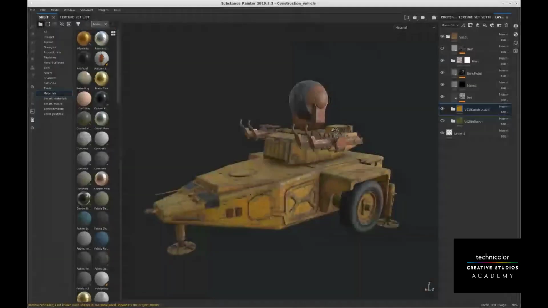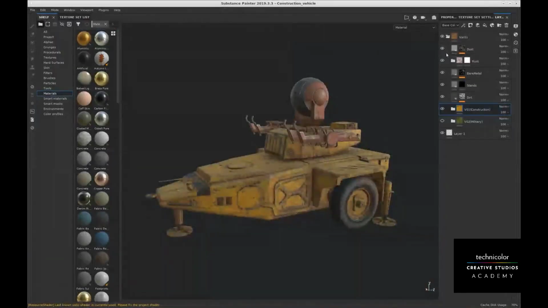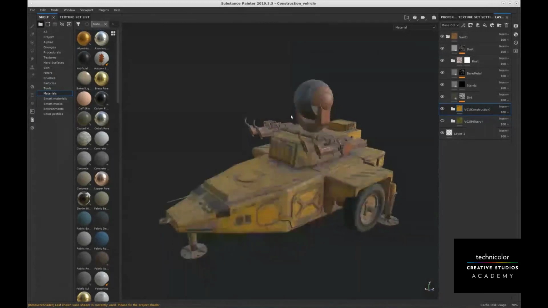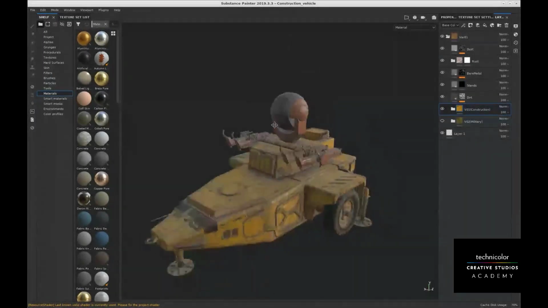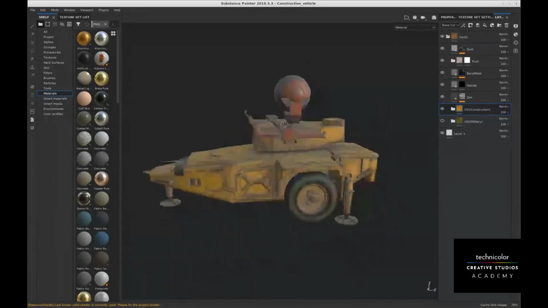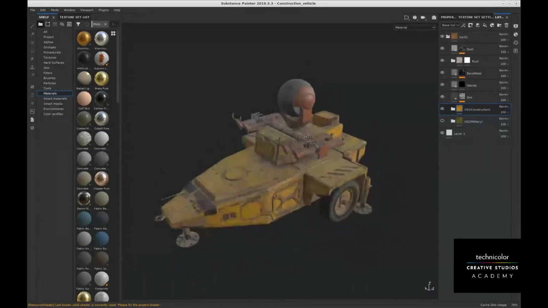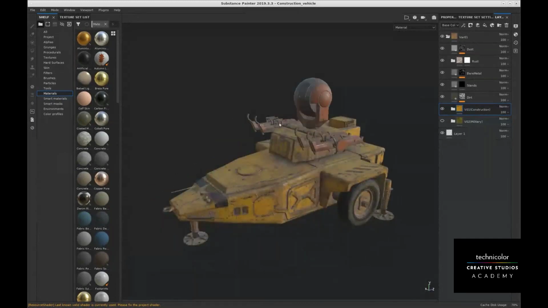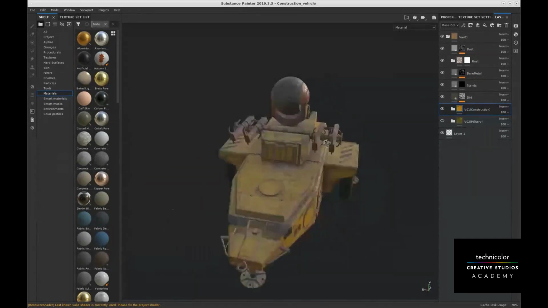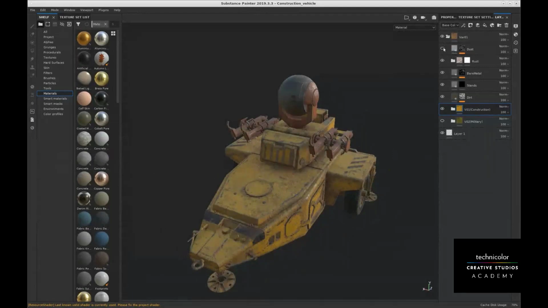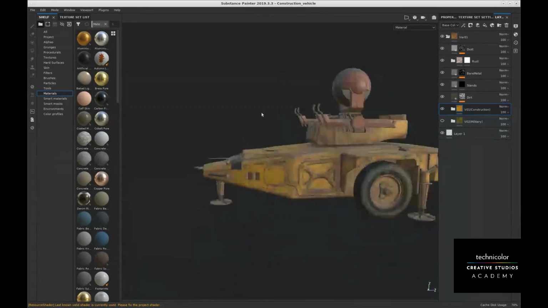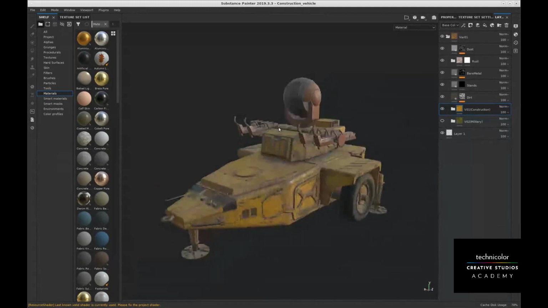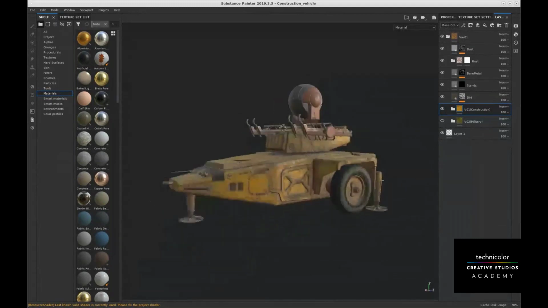So now comes the dust. So other than rust, there will be dust also. So we can't see the dust with our plain eyes, but when we see a surface, after some time when we leave them outside, we'll see a lot of dust accumulated on the surface. So those dust should be included also. So you have to think realistically. So what are the things that are involved in real life? If you take a vehicle outside, or if you have a construction vehicle,